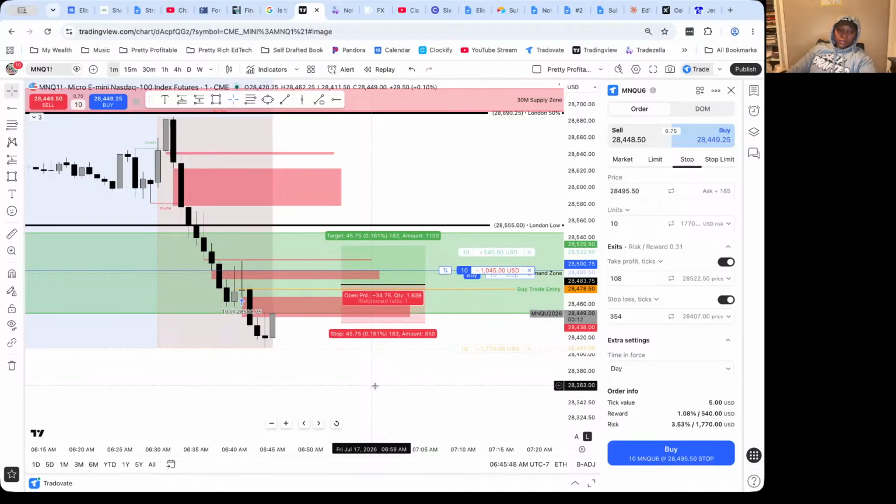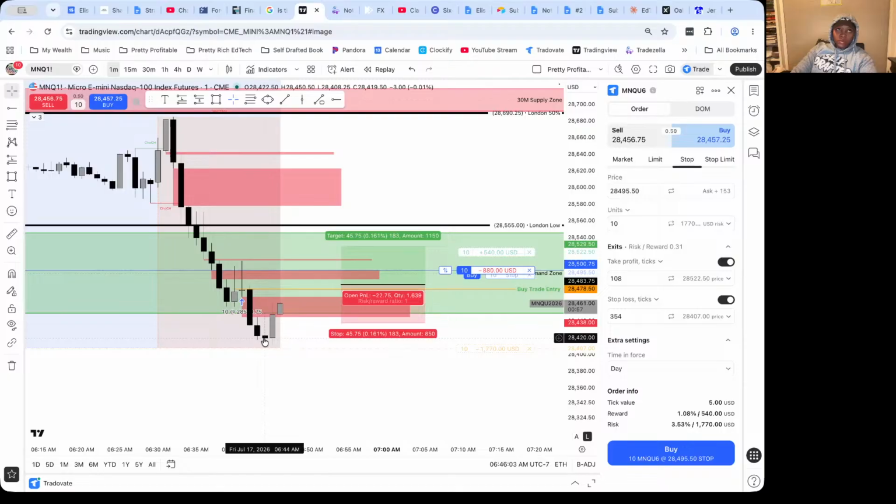Because technically, because this second candle closed through the zone, I shouldn't take a trade. Okay, we have another rejection candle right here, though. Well, still, it's a bearish rejection candle, but